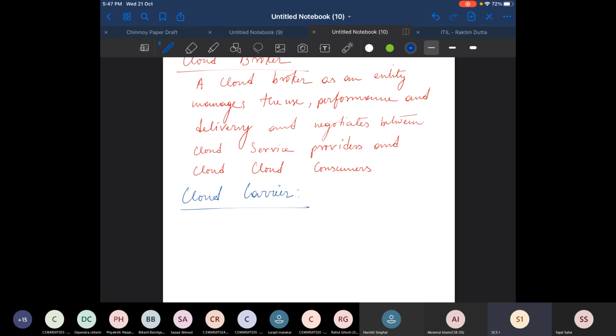Cloud carrier means who is providing you the cloud services. Only the internet is the backbone. If the internet is not there, then the cloud will not be there either, right? So the cloud carrier is basically your backbone network connectivity. Okay, so a cloud carrier acts as a mediator which provides connectivity